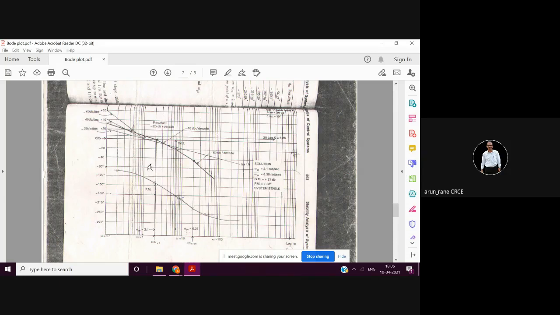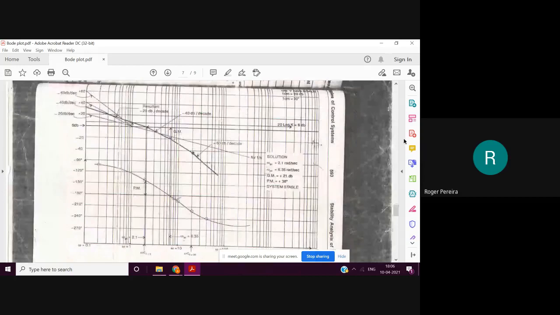Now what about phase margin? Where do we look for phase margin? Wherever it is intersecting here, you project it down and you check this. So this PM is nothing but the phase margin. How much is this? This is 30 and some more. So this comes around 38 from here to here. So phase margin is 30. For phase, above is taken as plus and below as minus, so it is the opposite. So if gain margin is positive and if phase margin is positive, then it's stable.